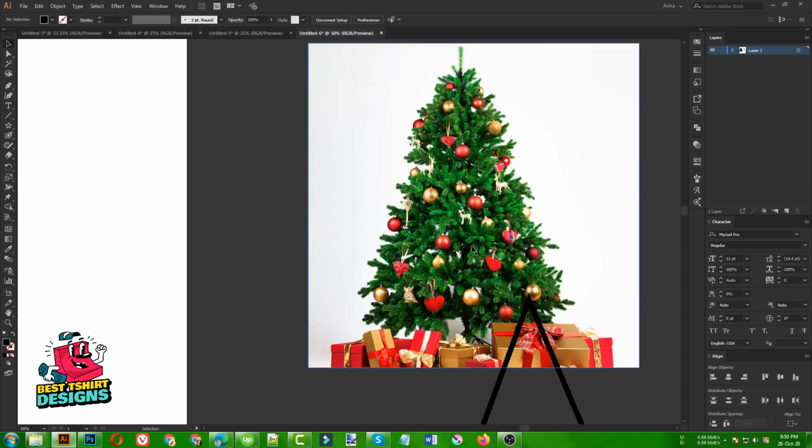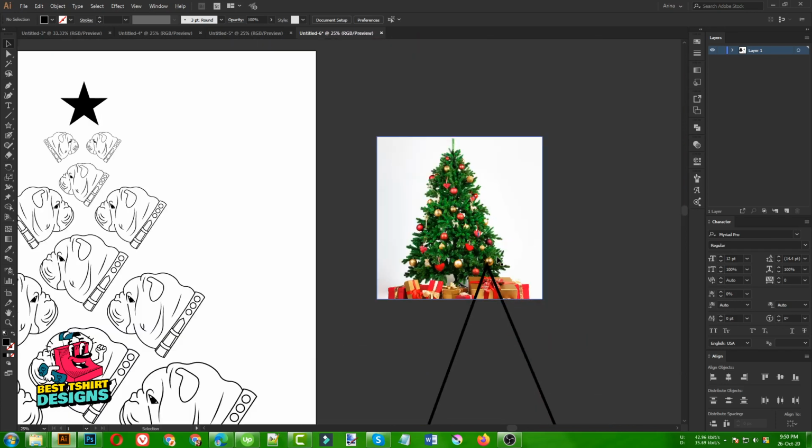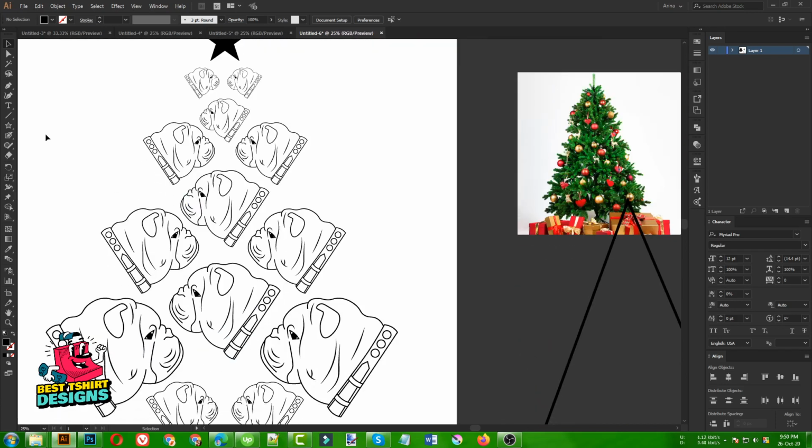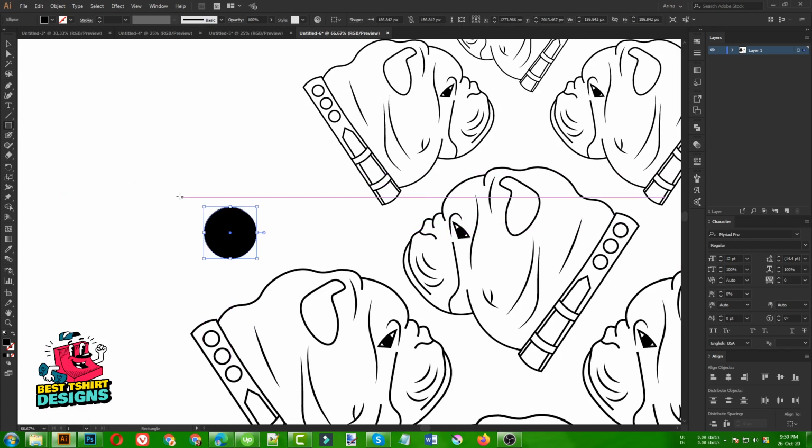Now as we can see, these are some elements of a Christmas tree, like this round bulb here, or I don't know what that is, but this is a really related element of Christmas. So we are going to put some of them in our design. So let's just use a rectangle, sorry, an ellipse like this. Then I'm going to maybe make a rectangle on top of it, just like this, maybe a bit smaller in size.